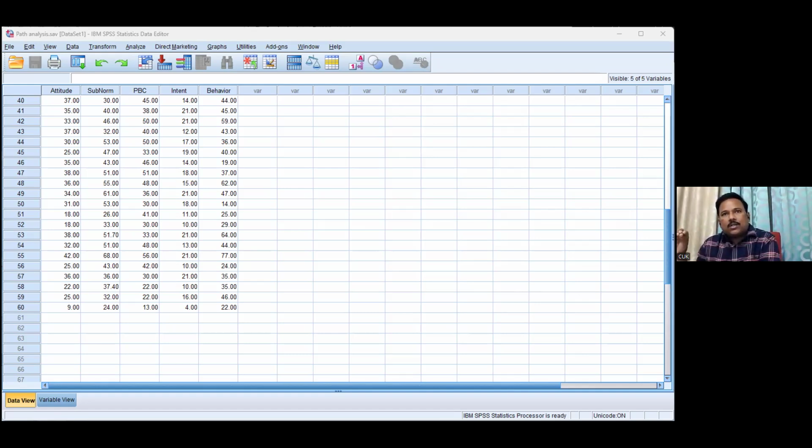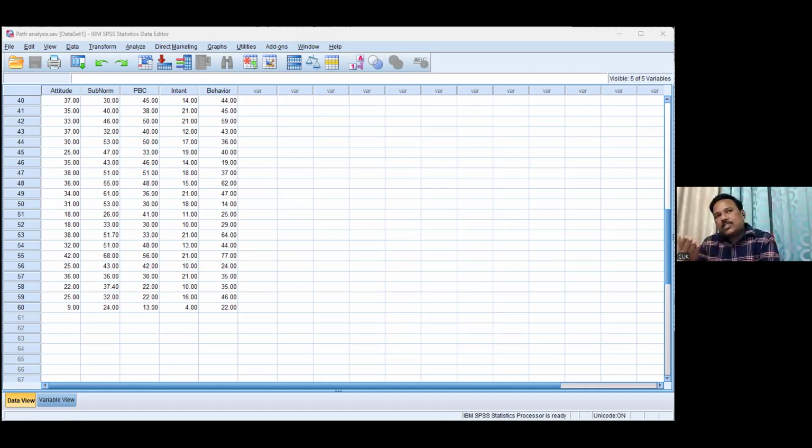Sir, we can't see the graph. You cannot see the graph? Can you see this one? I'm just explaining now. This linear regression, you could see, right? No, sir, only the data: attitude, subjective norm, PBC. Yeah, that you can see, right? Other than this, the correlation, data table view, data view, we can see. Data view you can see, right? Yes, sir. So I have shown the picture earlier, no, ma'am, that I said